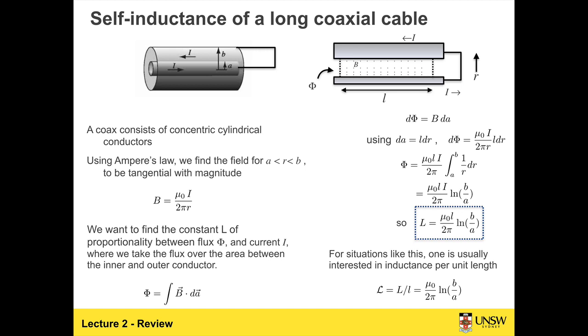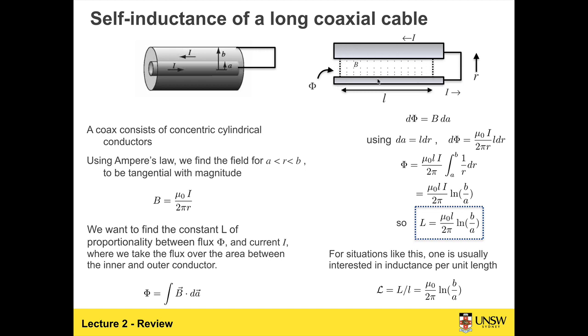In 1B, if you took my course, for a problem or even in class, I also calculated the self-inductance of a long coaxial cable. That's a situation where you have current running up some long inner conductor and flowing back down some outer conductor. This is a little bit more complicated to calculate than the solenoid, but it's pretty straightforward as well. You just have to find the proper loop, and you're interested in the EMF around this loop,